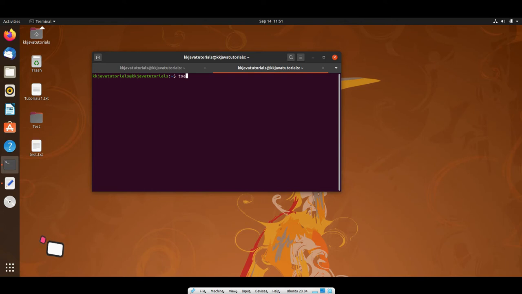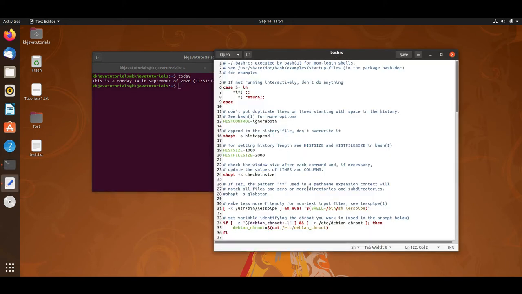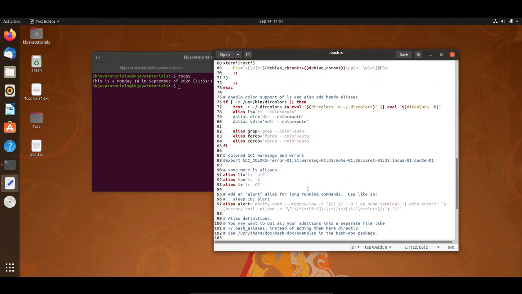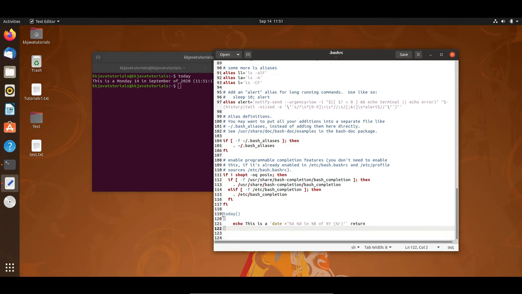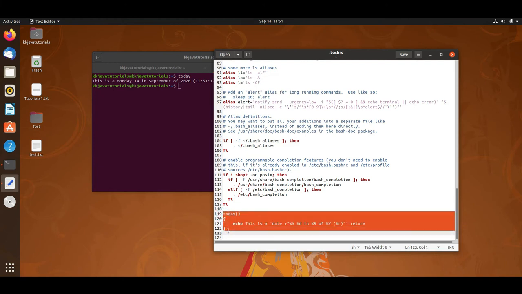Here I'm going to call my custom function, which I have already defined in bashrc, just by calling the function by name itself. When I call this function, you can see it prints the message, today is Monday 14, in a more descriptive manner. So now you know we can edit this file, and we can define our own custom functions as well. Now I'm going to remove it.